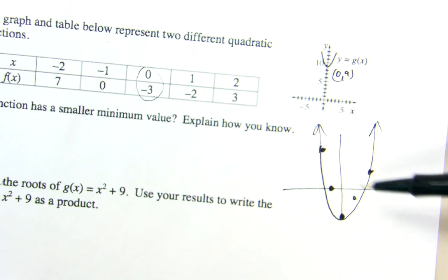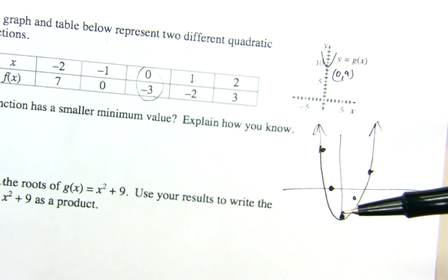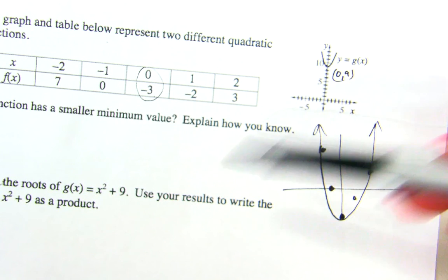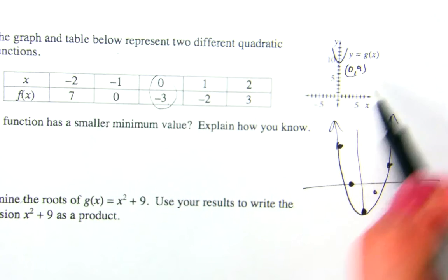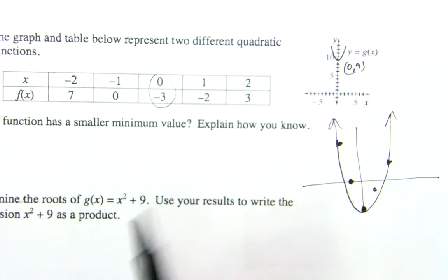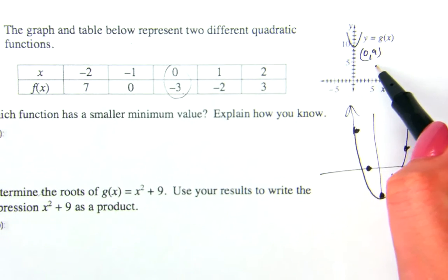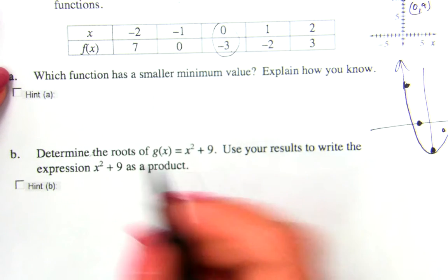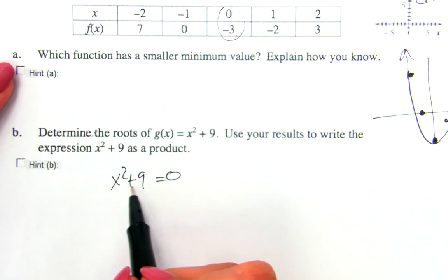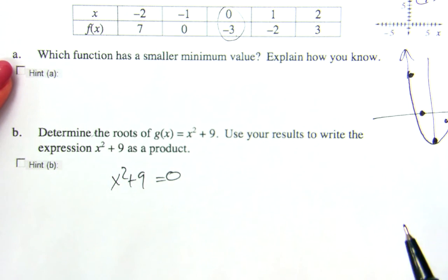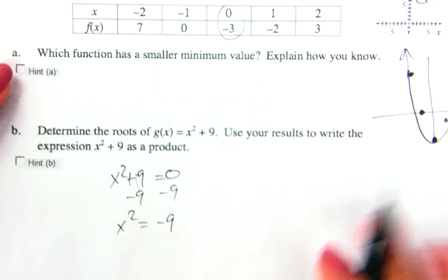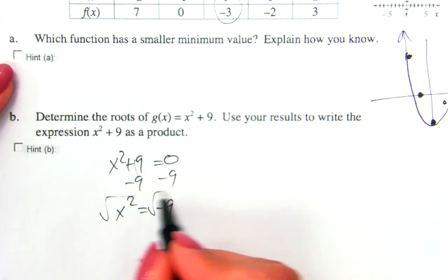They're all smaller. Determine the roots of g of x equals x squared plus 9. Oh, they just want us to find the roots. Obviously, it doesn't have any x-intercepts. So when we solve this, we should have some i's as a result. So we have x squared plus 9 equals 0. We don't have an x term in here, so we can just solve this like we normally do. Minus 9 on both sides, so x squared equals negative 9. And then if you take the square root of both sides,